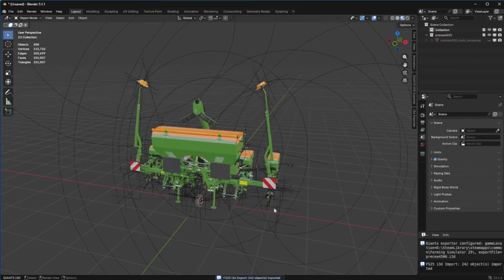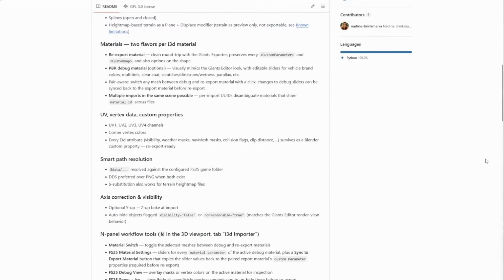Importing Farming Simulator i3d files into Blender? For years, everyone just said that isn't possible. Well, it is now. In this video, I'll walk you through my free i3d importer add-on from start to finish,